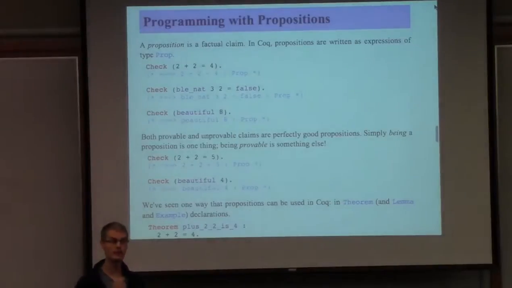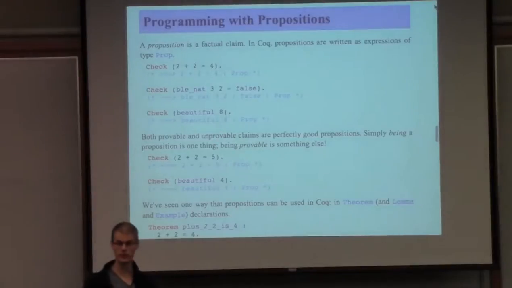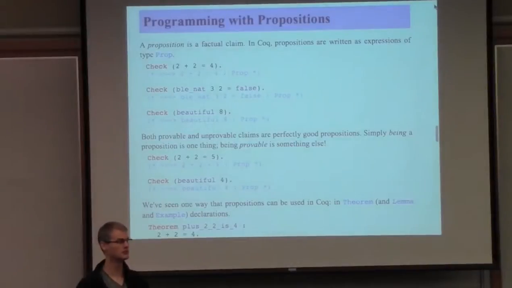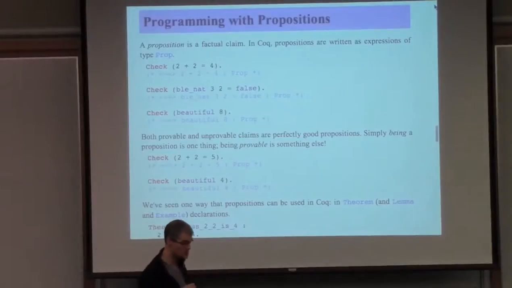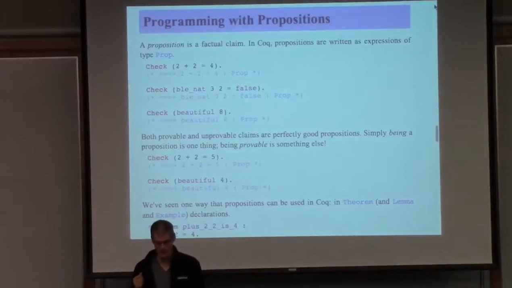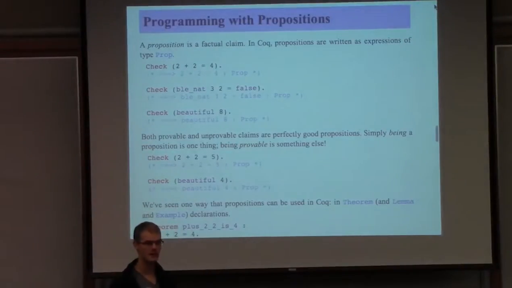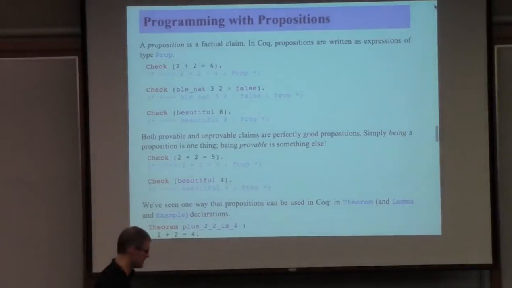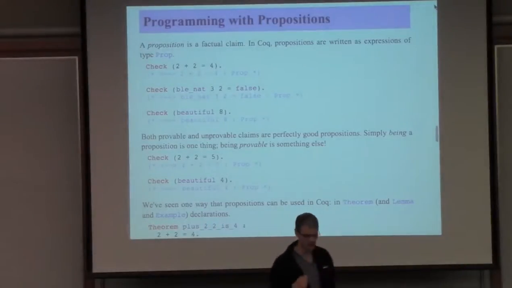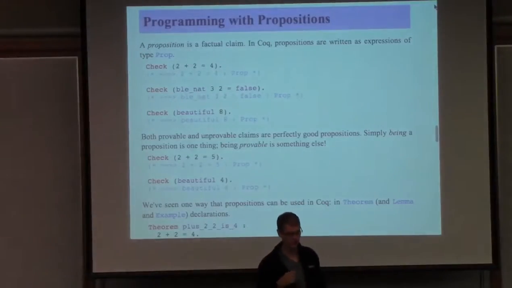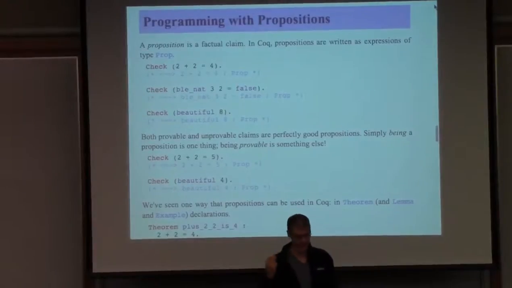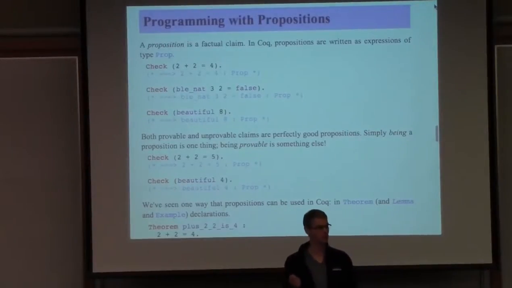For example, you could have maybe a list of propositions, and you could write a function that folds over the list and forms the proposition that is their conjunction. That's a perfectly sensible thing to do. And in many situations, I hope we'll have time to talk about this, in many situations where you're driving Coq hard, it can be incredibly useful and convenient to not just write down a constant proposition and then try to find proofs of it, but to actually calculate the proposition that you want to prove